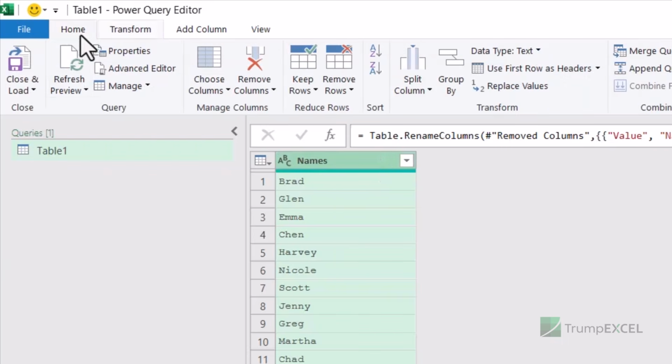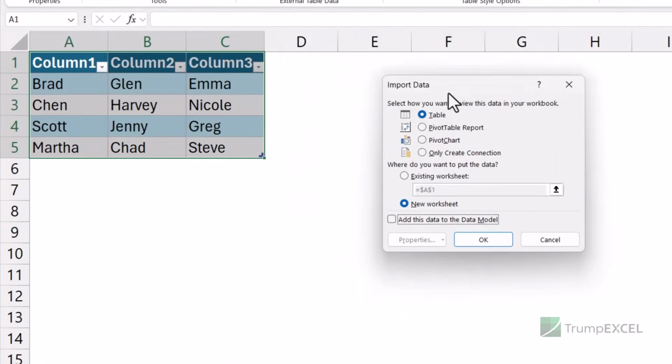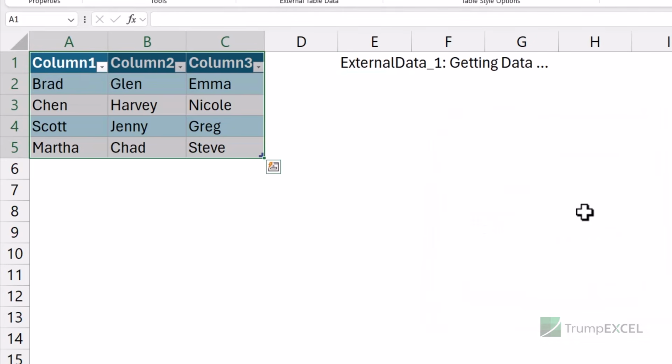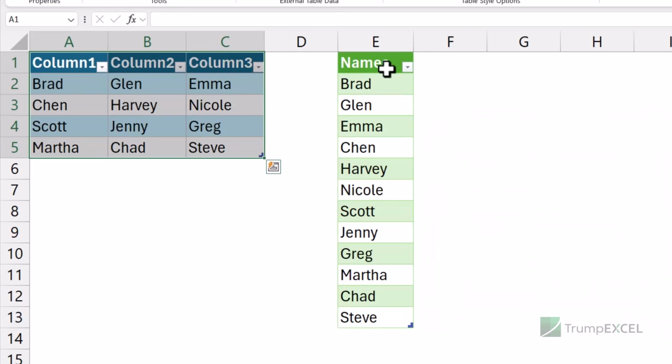I can now go to the Home tab, click on Close and Load, and then click on Close and Load To. And here I can specify where I want the data. So instead of inserting a new worksheet, I would get the data in the existing worksheet, and I would select this cell here to get the result. And now when I click OK, it is going to load the data here,